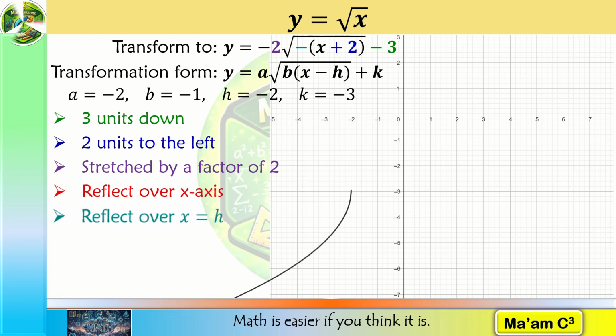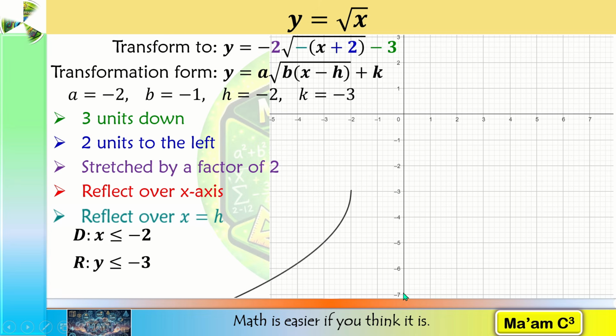Let us determine the domain. Focus your eyes on the x-axis. There is no graph from negative 2 going to the right. The graph starts at negative 2 and goes to negative infinity. It means that our domain is the set of all x such that x is less than or equal to negative 2. Now for the range, focus your eyes on the y-axis. The graph starts at negative 3 going down. It means that our range is from negative 3 going to negative infinity. So y is less than or equal to negative 3.